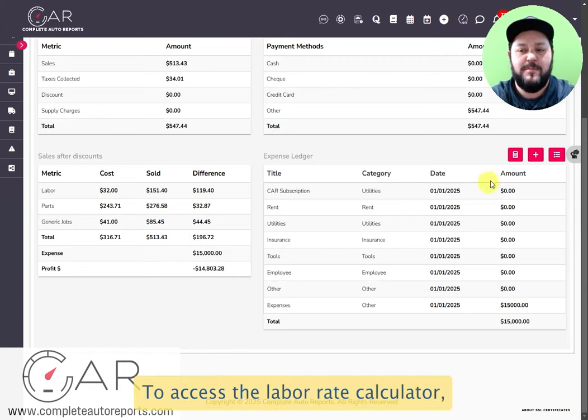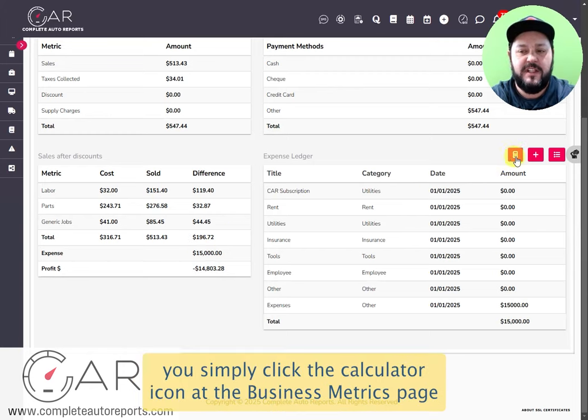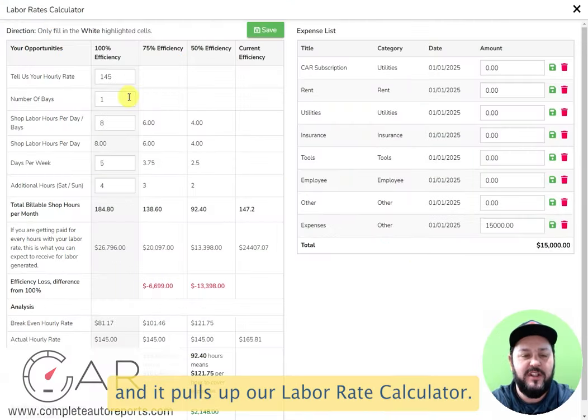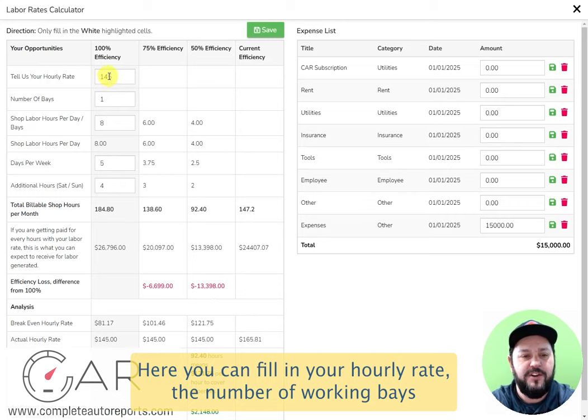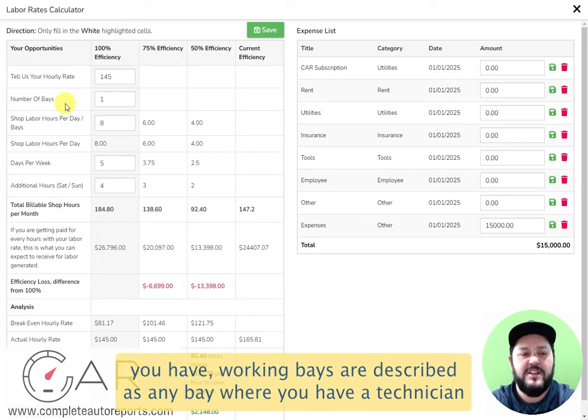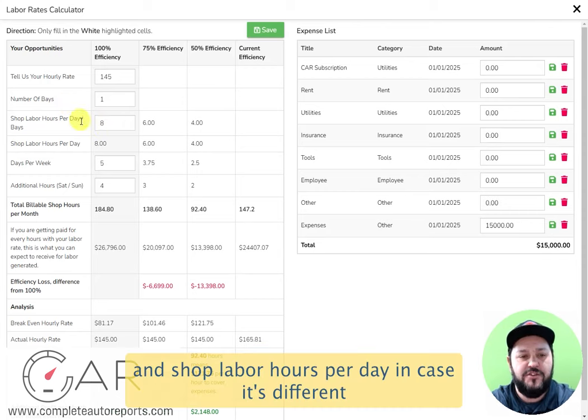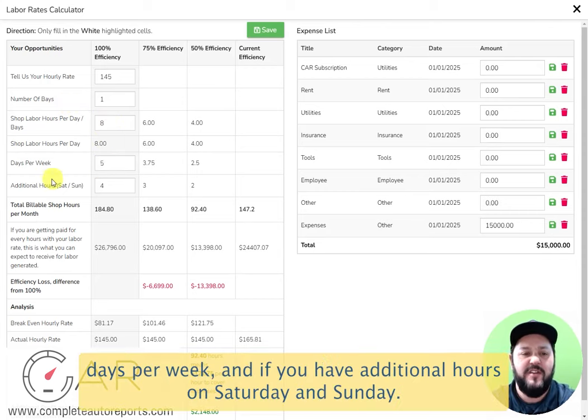To access the labor rate calculator, you simply click the calculator icon at the Business Metrics page, and it pulls up our labor rate calculator. Here you can fill in your hourly rate, the number of working bays you have. Working bays are described as any bay where you have a technician that can produce for 8 hours a day, preferably, and shop labor hours per day in case it's different, days per week,